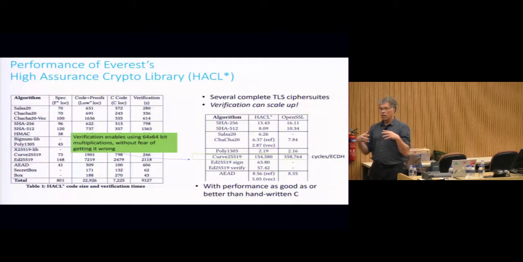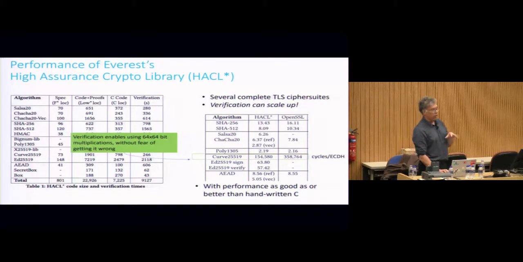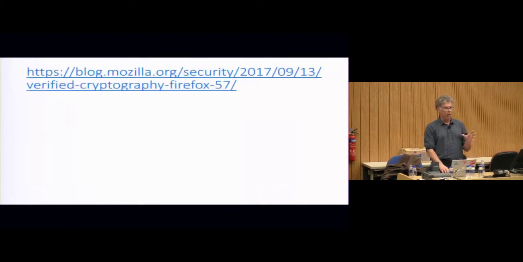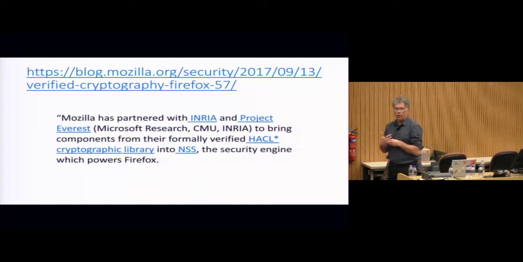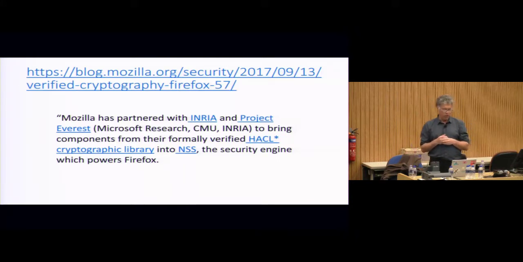So we're enabling these algorithms to be written and proved correct, but through the tool chain, we're getting efficient C code. I think this is a big change in the last 20 years from formal methods in the 20th century, where we did a lot of verified work, but the result was a Lisp program or something that took a lot of time to run and could be used in particular situations, but you wouldn't imagine putting it into a browser, right? But that's exactly what's happened with a number of the primitives that have come out of the Everest project. So Firefox is shipping with some of the C code that has gone through this entire process